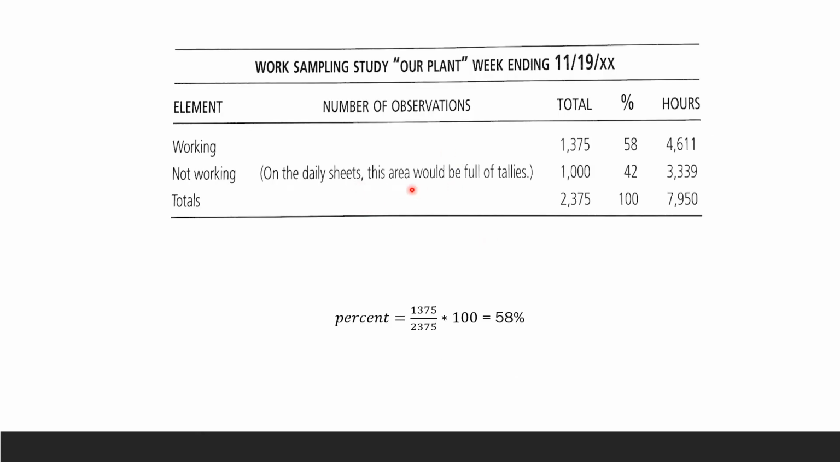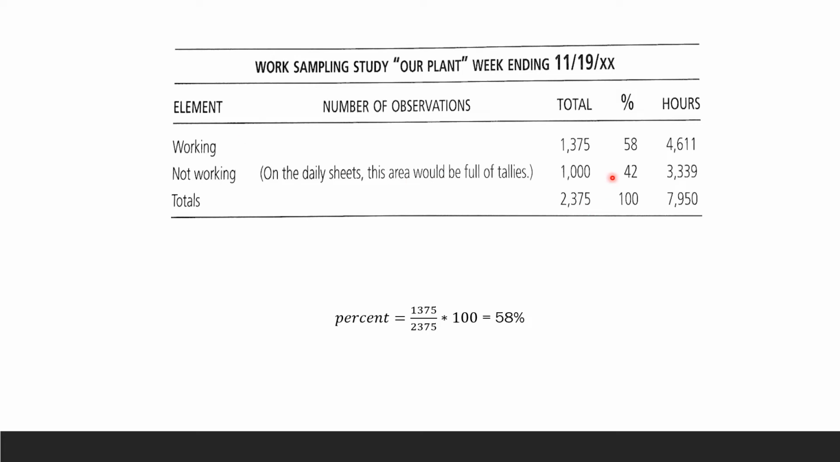All right, so the next one is your work study of the plant, week ending November 19. That's your year. So elements we divided, and we have only 2 elements right here, working and not working. So our lab also has only 2 elements, the idle and operating, for each workstation. So here the total is 1375 and then 1000, and your total is 2375 for 2